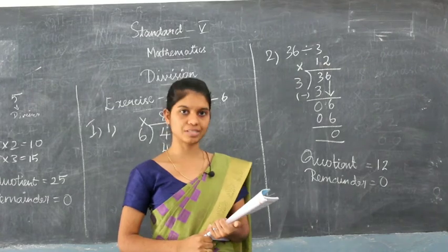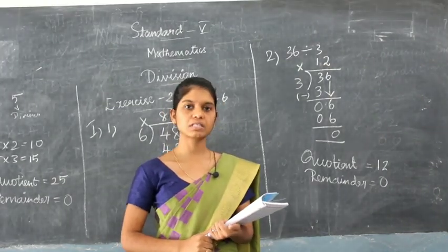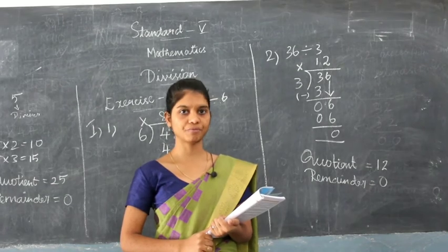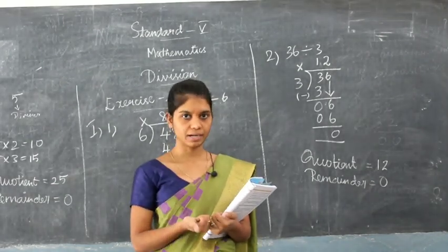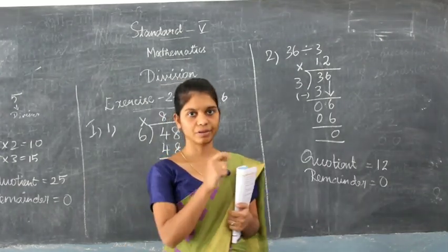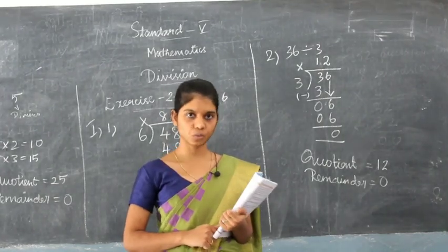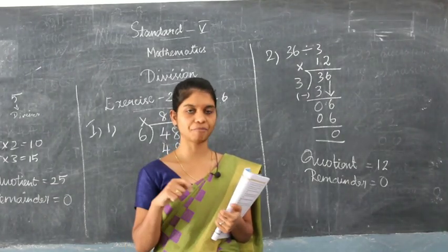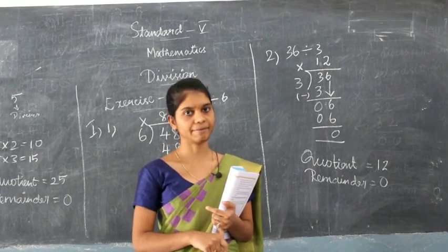There are 2 more sums in the same question. Okay, so third one is 55 divided by 4. You should start telling tables till you get a bigger number. If there is a remainder, you should write remainder is equal to this number. Okay, so fourth one is 72 divided by 7. That means you have to use 7 as your divisor, and you should use the 7 table.